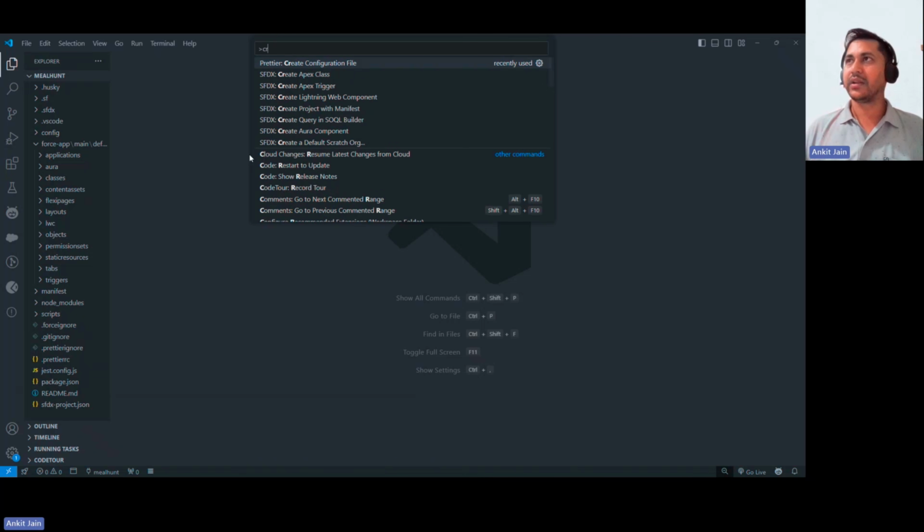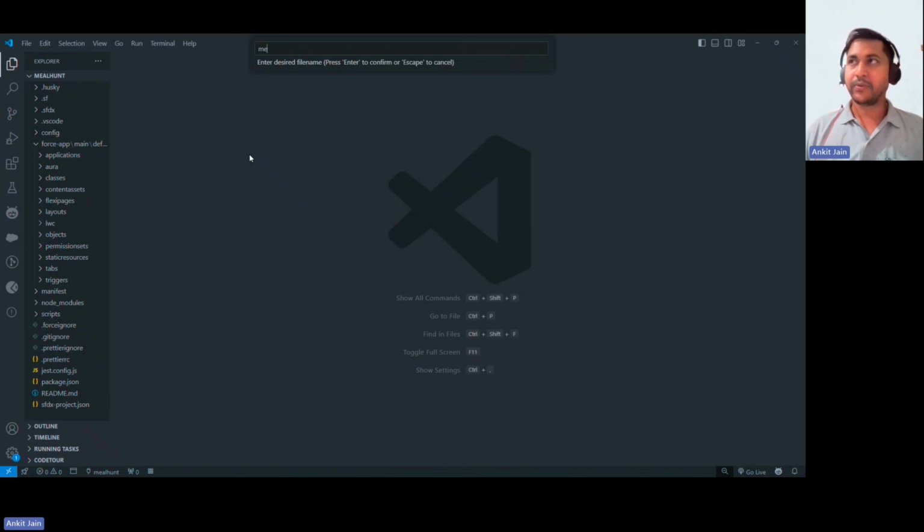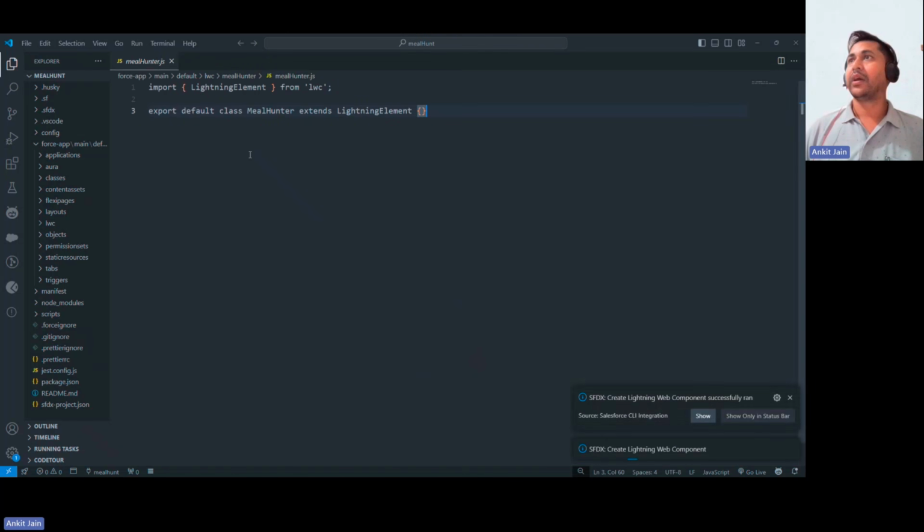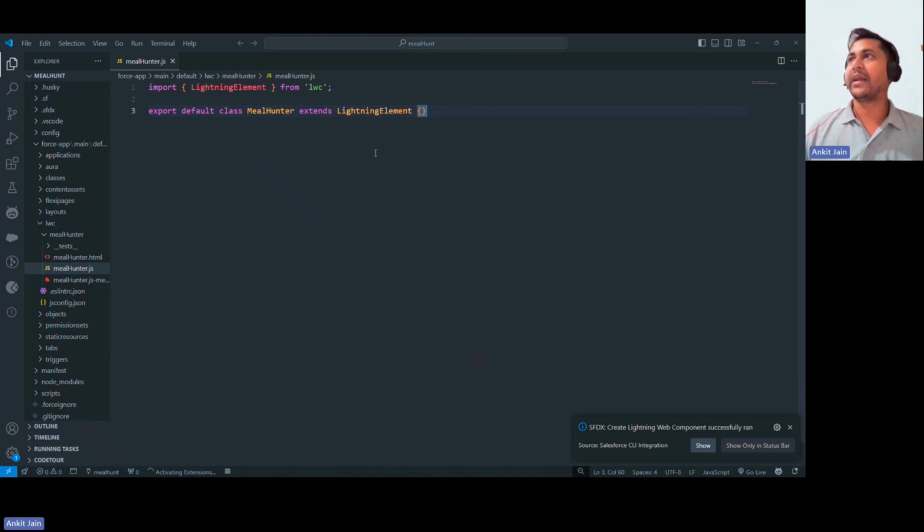So here I'll be putting the create lightning web component, and the first component name that I am creating here is the mail hunter. Okay, so this is my parent component. In that parent component, I will be having the two further components. The first one that I will be building now here is the